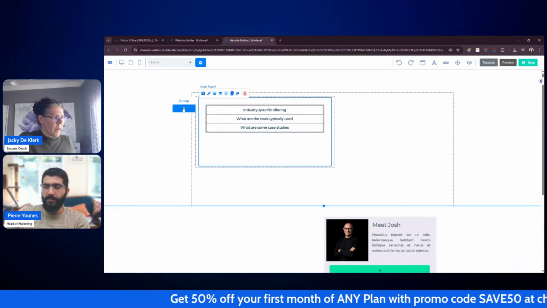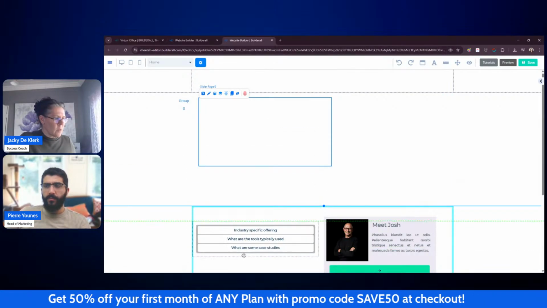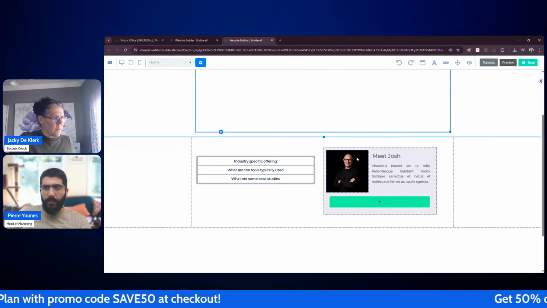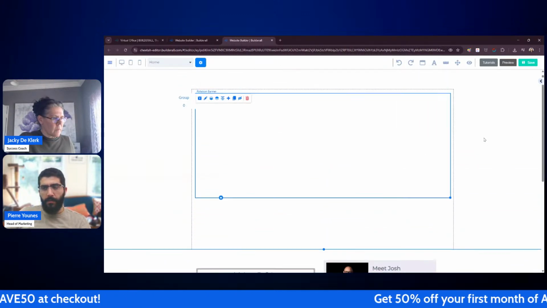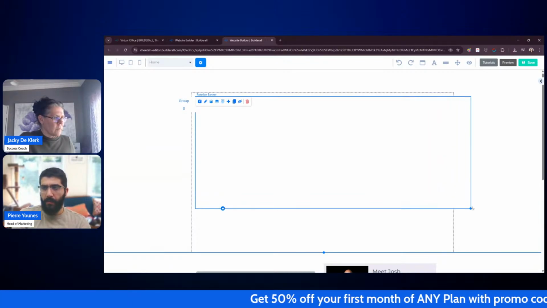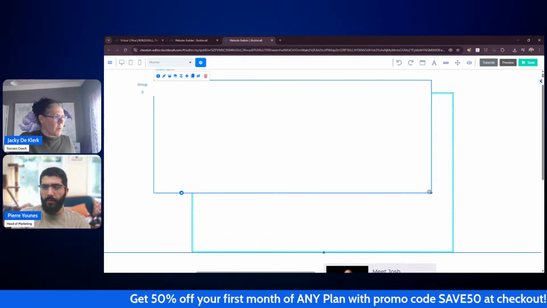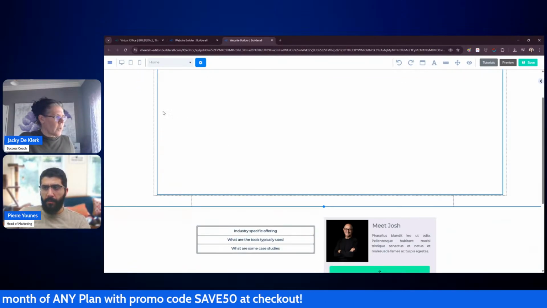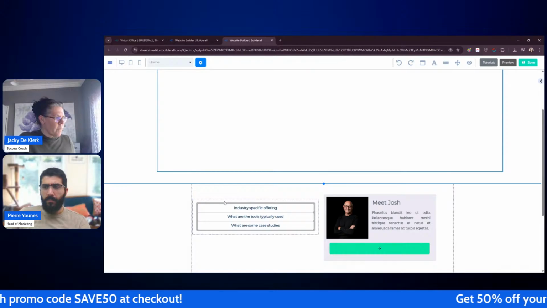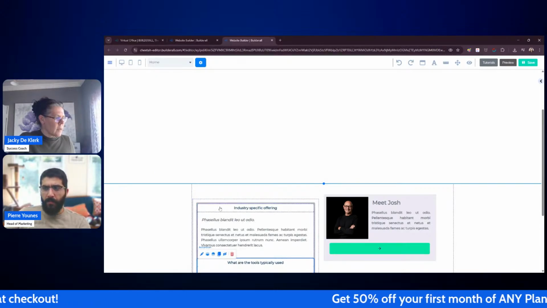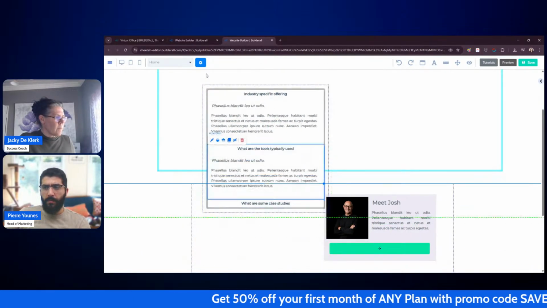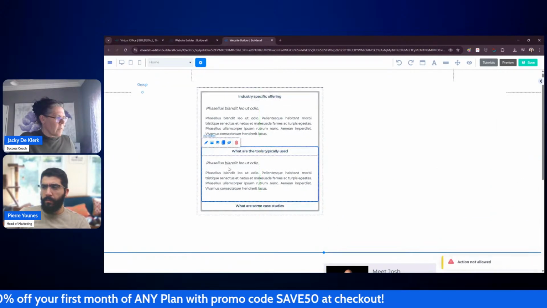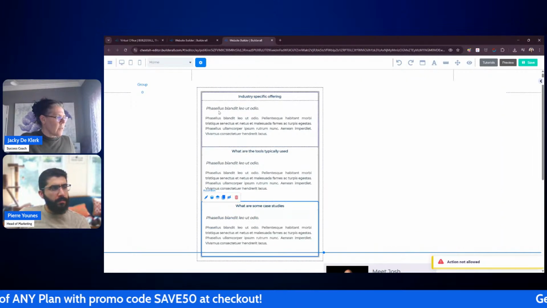Yeah. So basically, let me just move this out. We're going to have a larger box. I just want to test that concept, because if this box is large enough to keep an expanded one, it keeps on saying action not allowed. I don't know why, but